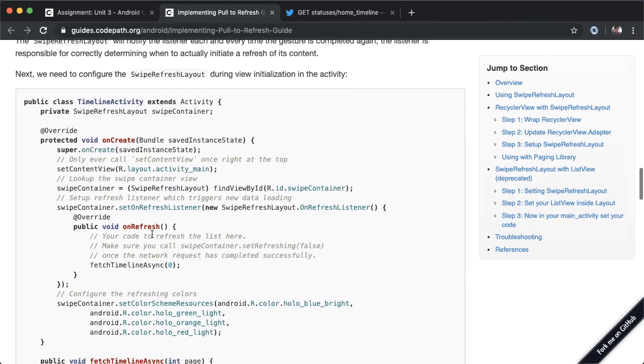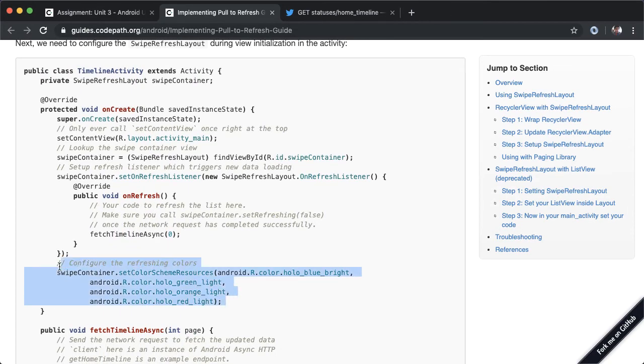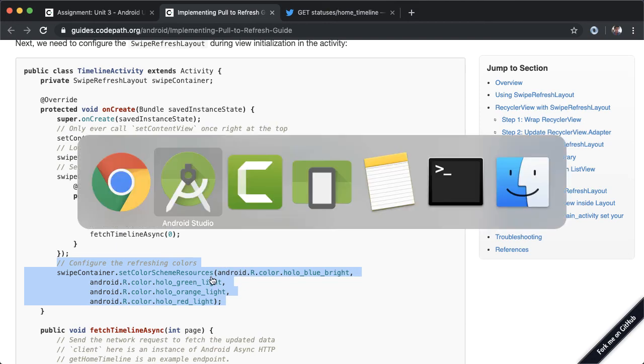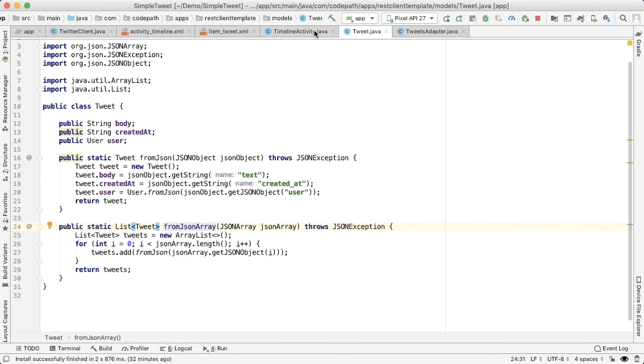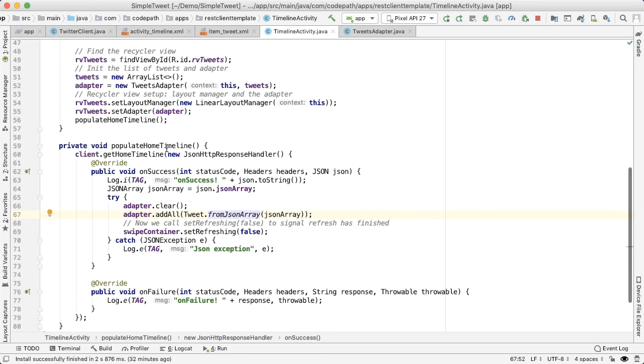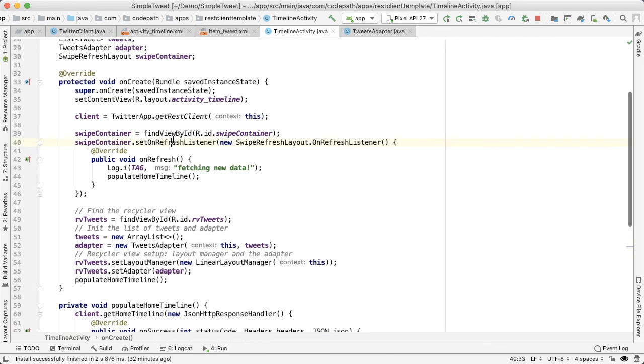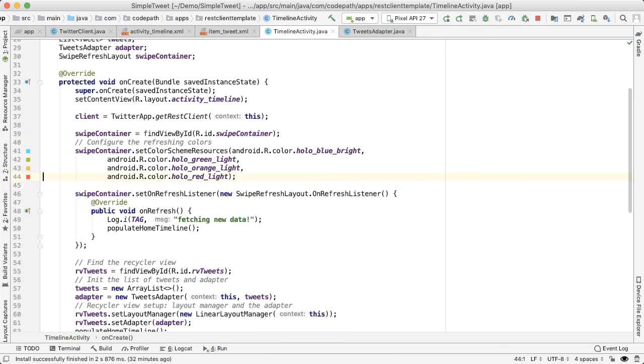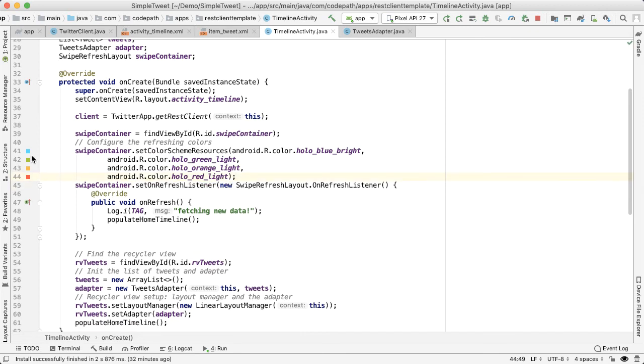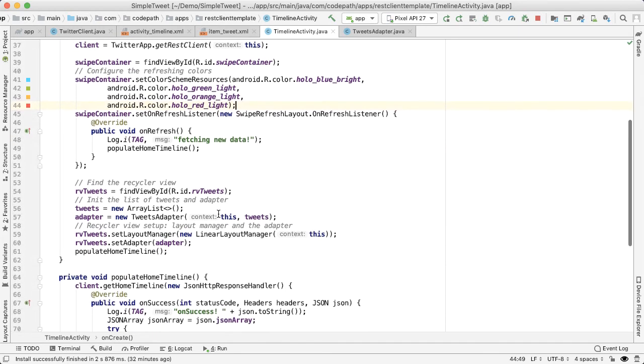And then finally, one thing we can do is we can actually configure the refreshing colors to be the ones specified here, so it's not just a solid black color. So if we go into timeline activity we can set this up here. So now we'll be toggling in between these 4 different colors here. So if we run the app now,